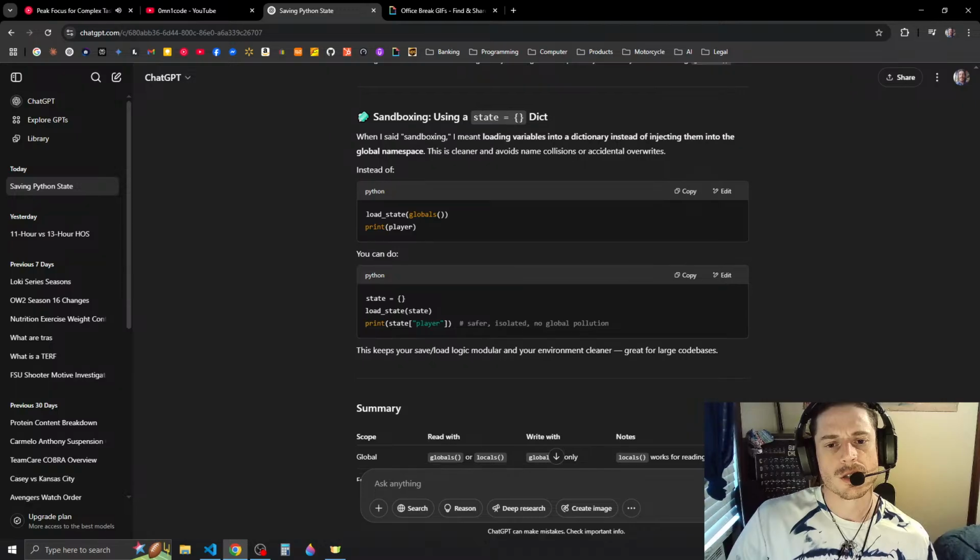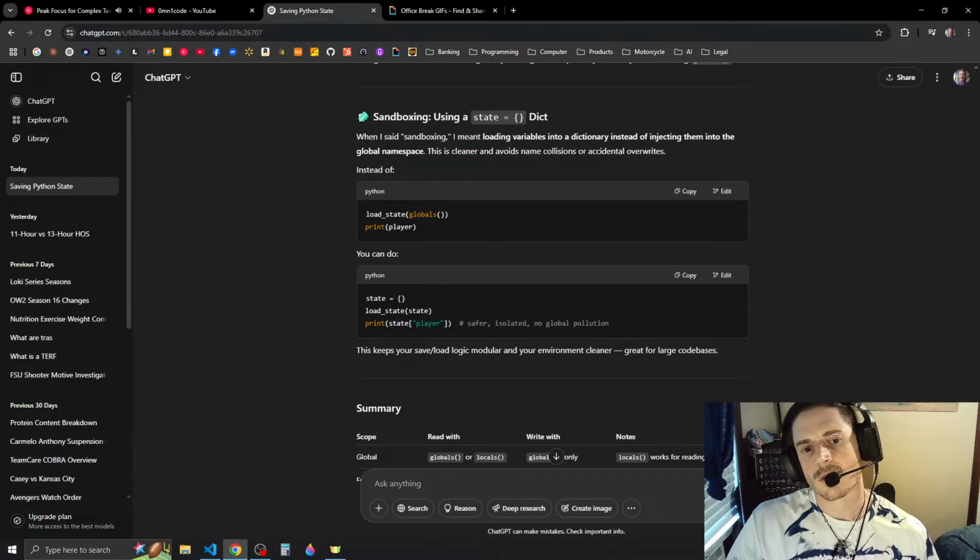Sandboxing, using state equals dict. When I said sandboxing, I meant loading variables into a dictionary instead of injecting them into the global namespace. This is cleaner and avoids name collisions or accidental overwrites.